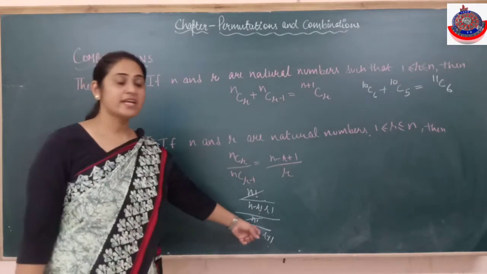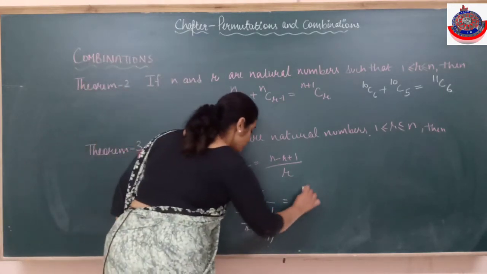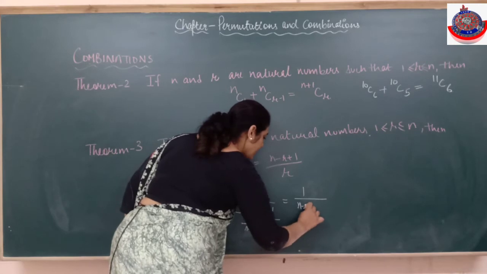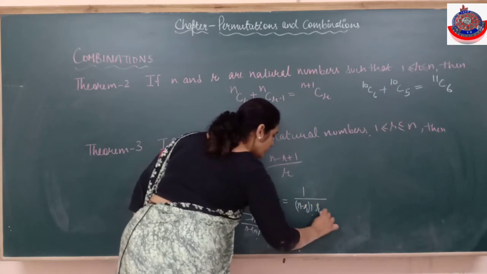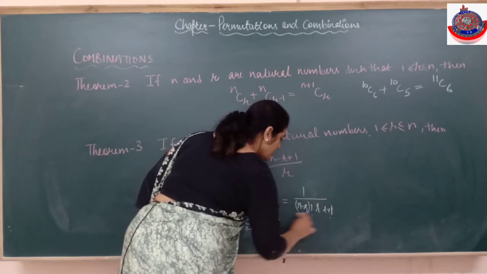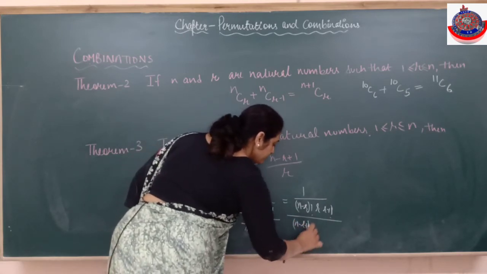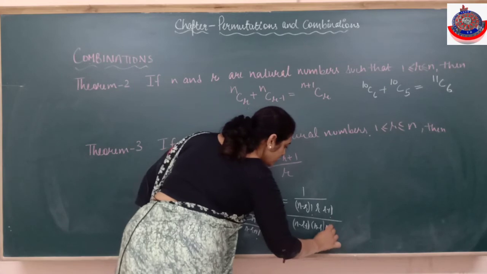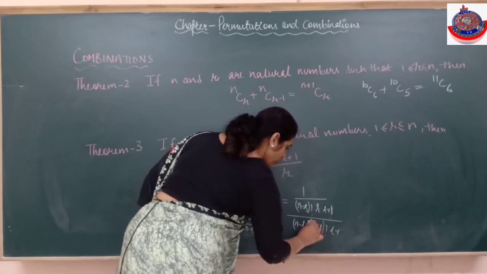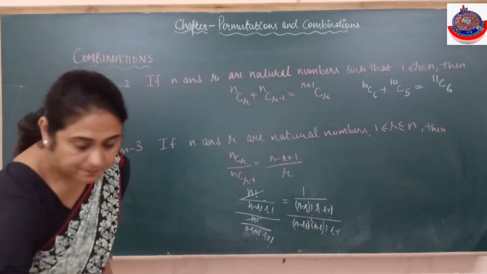बड़े वाले को open करना है जब तक छोटे के equal नहीं आ जाता. So that will be n minus r छोटा है. I will not open this. I'll open this r factorial. R into r minus 1 factorial. Upon में I'll open this n minus r plus 1 into n minus r factorial. R minus 1 factorial. 1 upon.